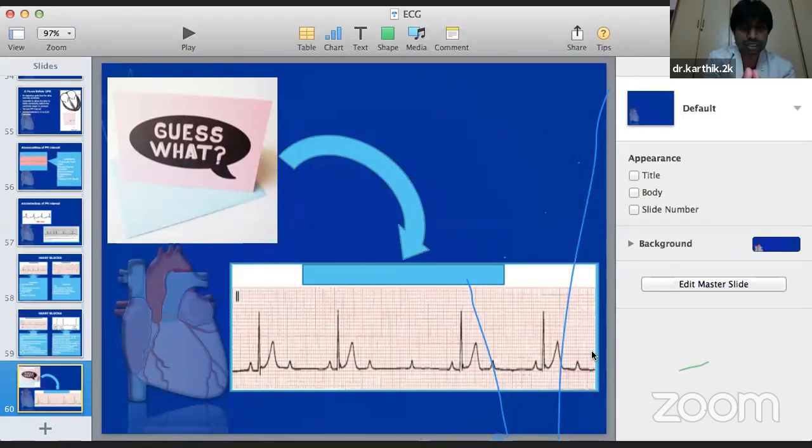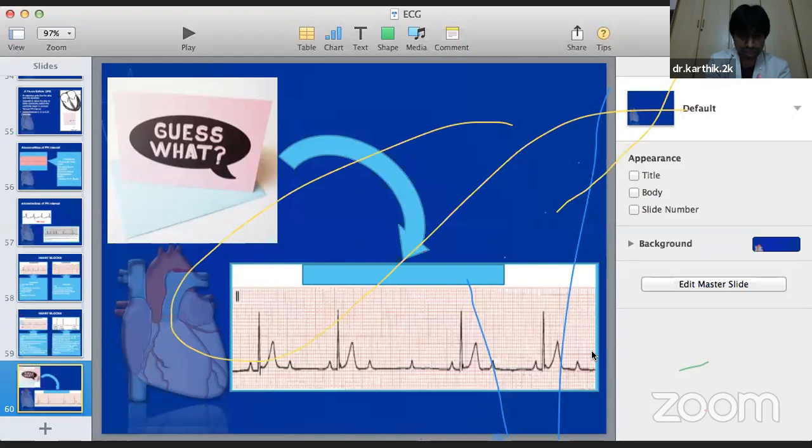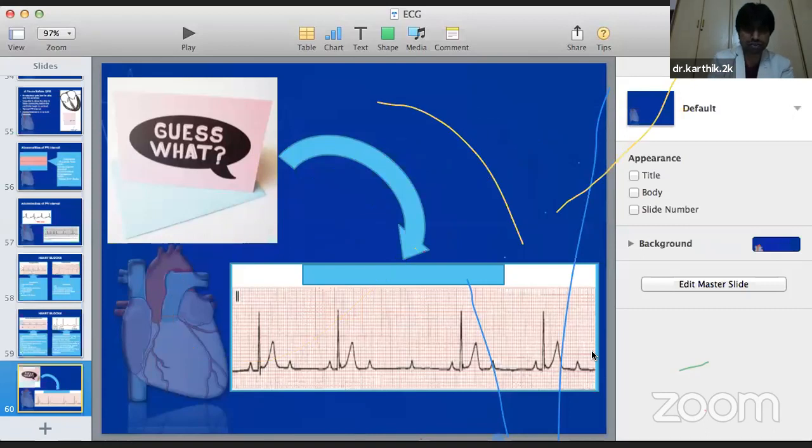And since the left atrium is located posterior to the right atrium, when the impulses travel from the right atrium to the left atrium, they are moving away from the lead, and the terminal portion of the wave becomes negative. That is why we have set forth the criteria that the depth should not be more than 1 millimeter and the width should not be more than 30 milliseconds. If that exceeds, then we have a criterion called the Morris index to say that there is a left atrial enlargement.